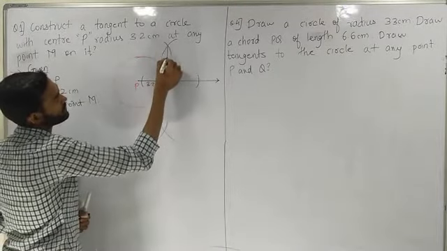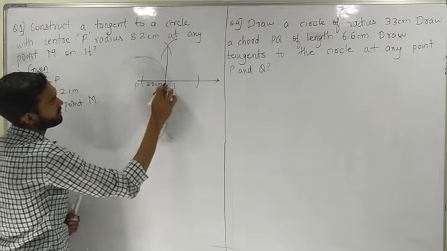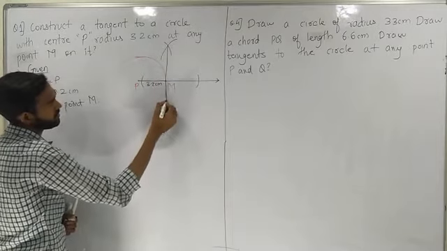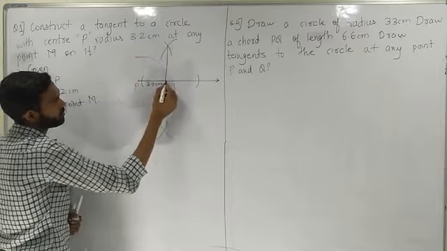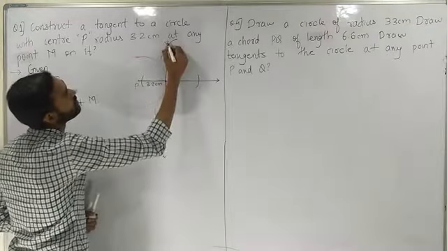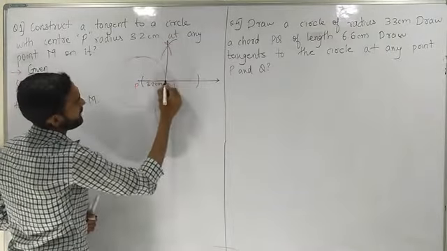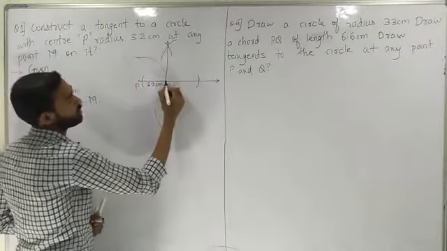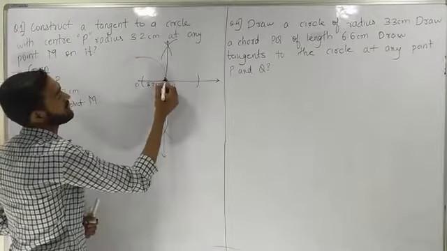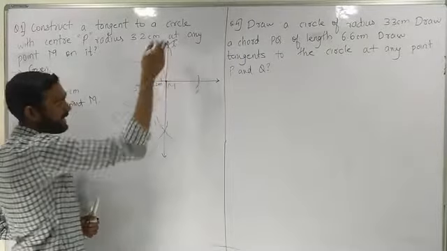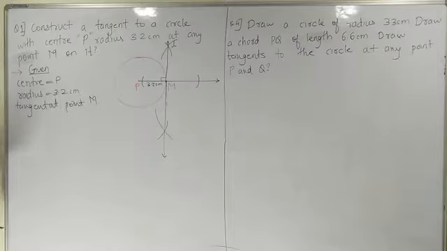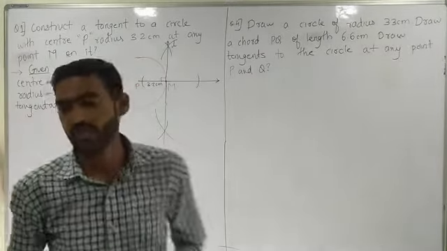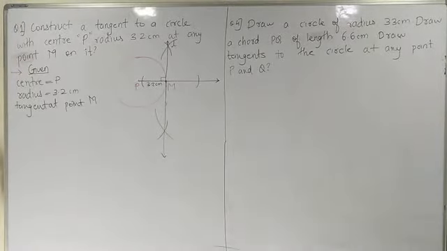If you will match this line, you will find this line is passing through this point M. It means this line is touching the circle only on this point M. So this line which we have drawn, line L will be what? My tangent. Clear all? This was rough diagram. Now to draw this tangent, we'll follow this rough diagram. Okay students? So let's start following.